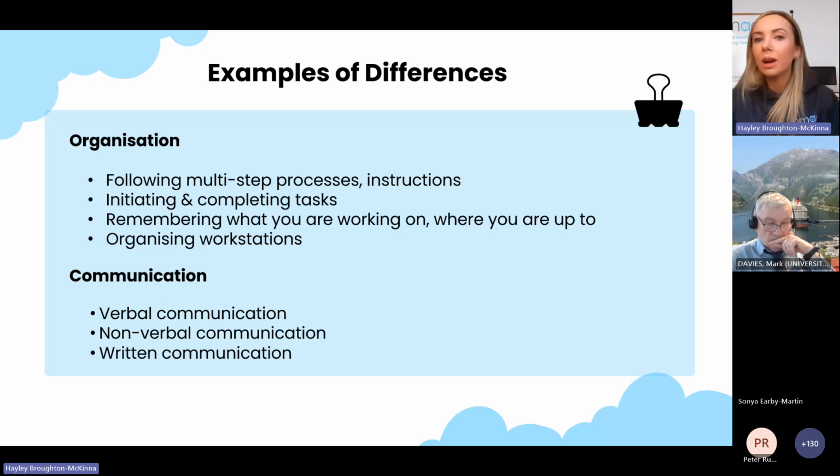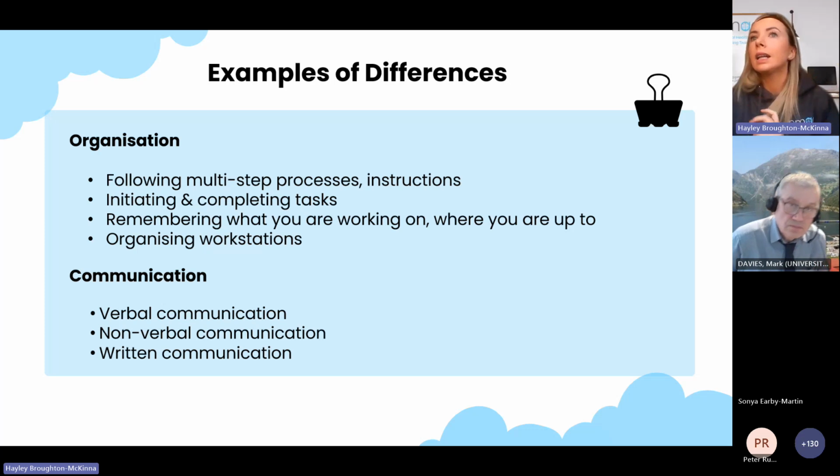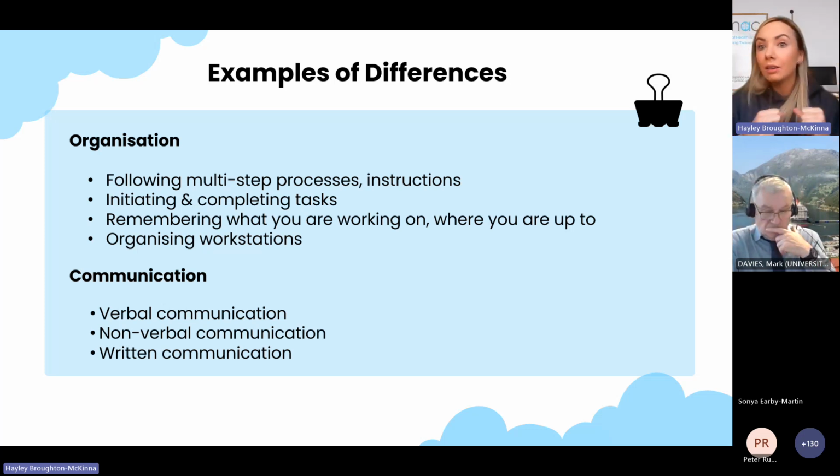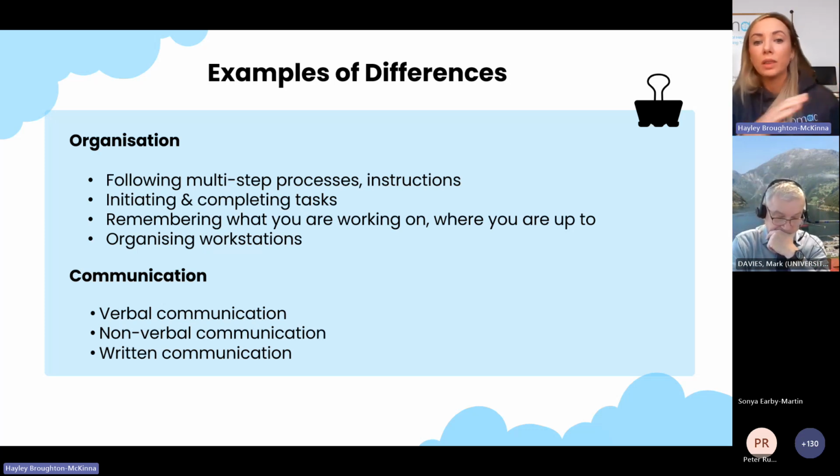Things like our memory can be impacted, working memory, holding on to a bit of information, like somebody coming over to you when you're in the middle of a task and you're focused on that task, disrupting you, asking you to do something, and being able to hold that information in mind and come back to it later. And so when we think about organisation and how able we are to maintain our focus, whether that's a challenge holding your focus, or whether we hold our focus so well that it becomes very difficult to switch to another task, all of these things, like we said, these differences,